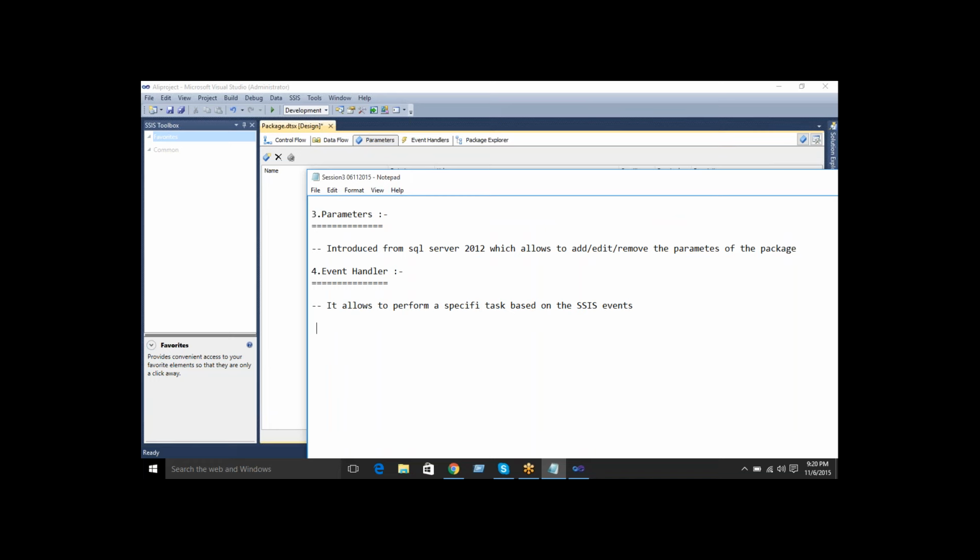So, for example, an event handler sends an email after the package is executed successfully. You just have to create some events.